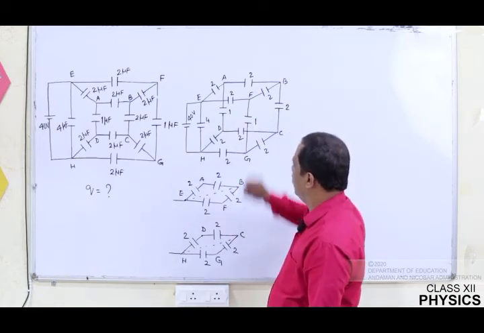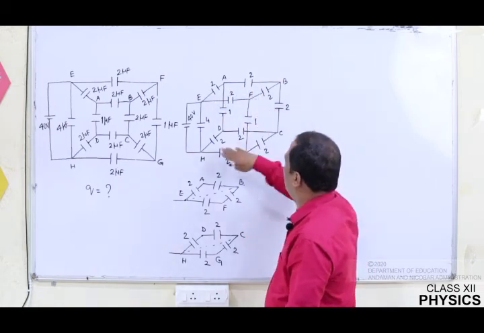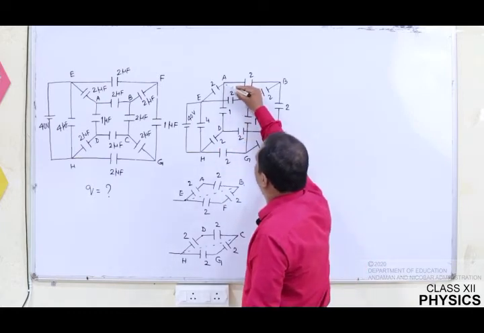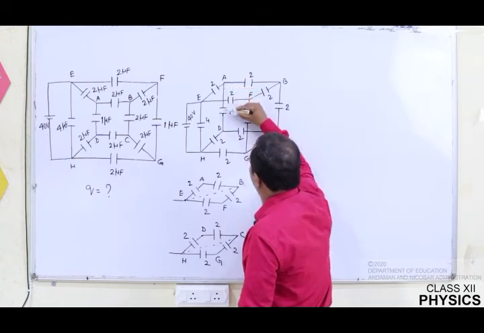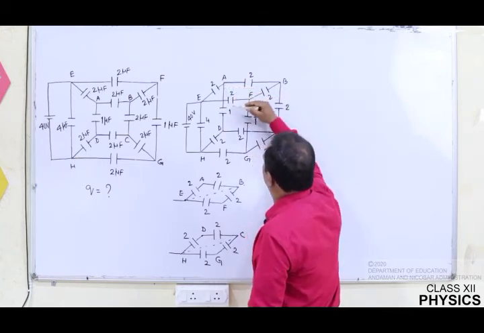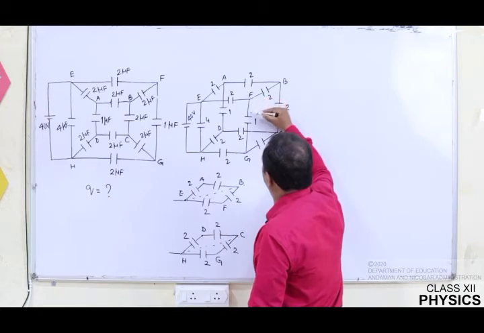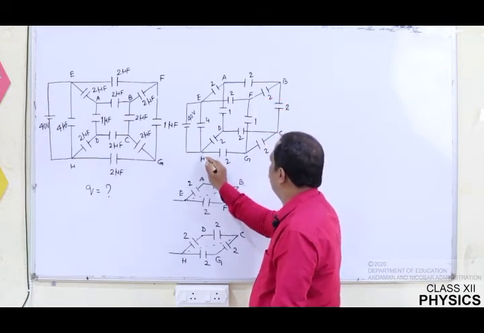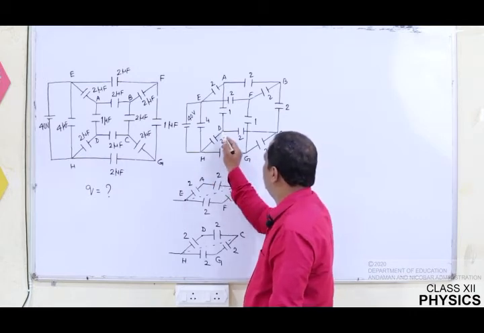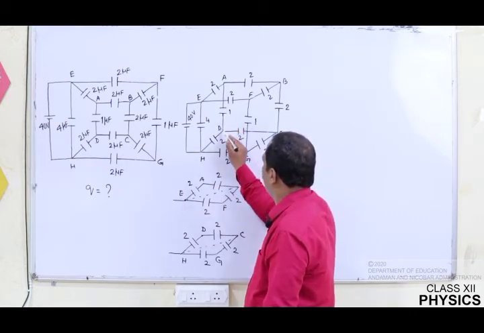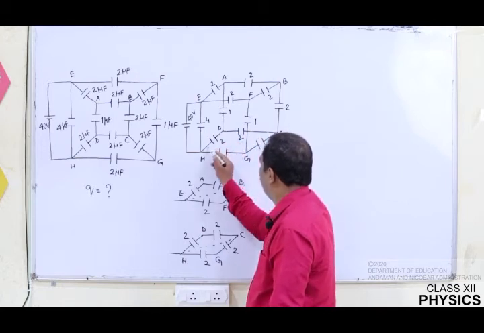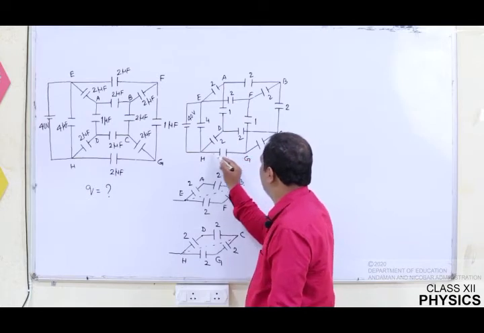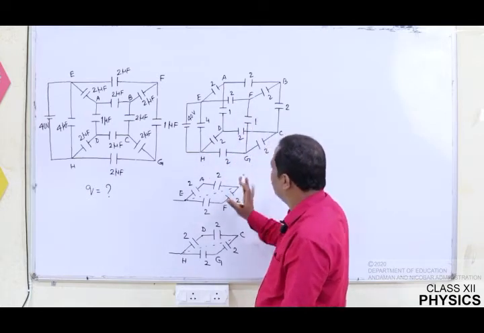Now, sir, this is a three-dimensional picture. You have taken only the top part and the bottom part and you say that it is symmetrical. See, if any charge flows down, this is going to flow through 1 microcoulomb. This way also it is going to flow through 1 microcoulomb, right? Similarly, the charge flows here 2 microcoulomb and here 2 microcoulomb. From 1 microcoulomb the charge comes, from 2 microcoulomb comes and combines. Similarly, from 1 microcoulomb and from 2 microcoulomb comes and combines and flows here. So therefore, entirely it is symmetrical.